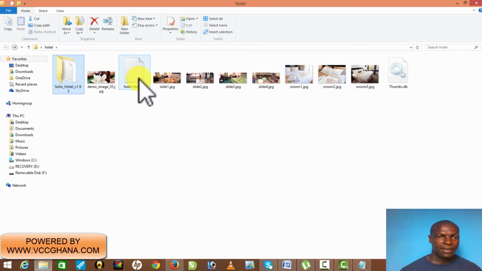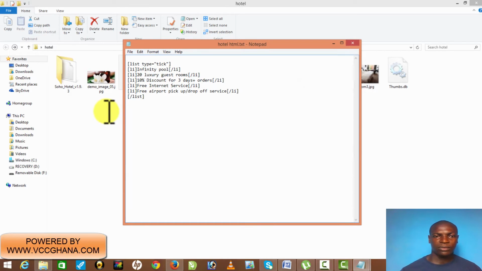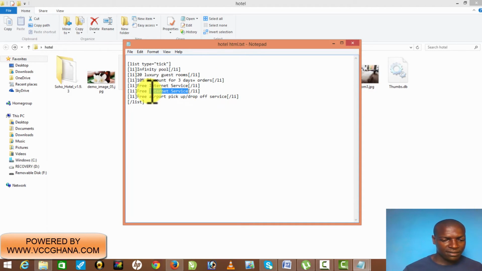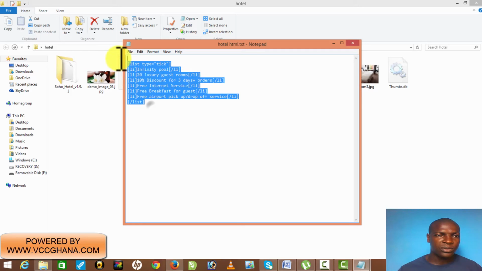I'll click here, and it's called hotel HTML. So you can see, this is what I'll just copy and paste. If you have more features, let's say I want to add more features here, I can click here and maybe just type free breakfast, maybe for guests or whatever. Okay, so let me just copy this code. You see what we'll use it for here. Ctrl C,